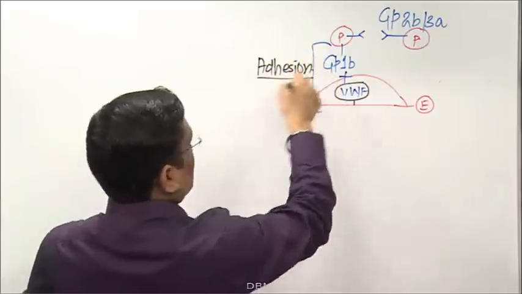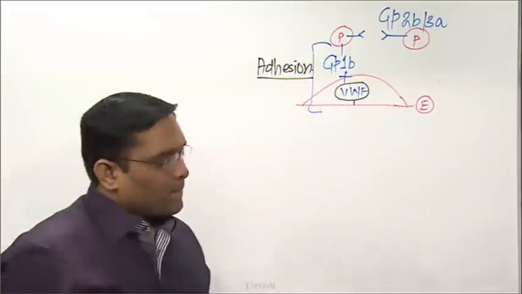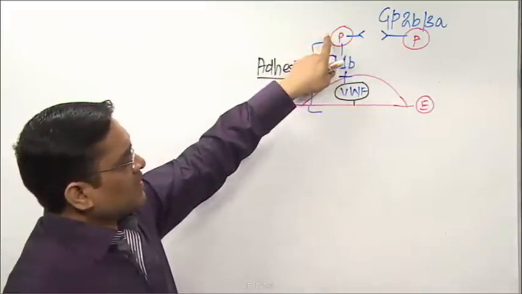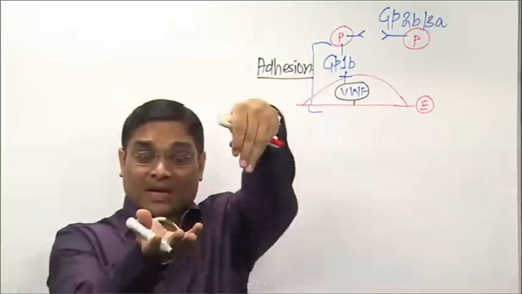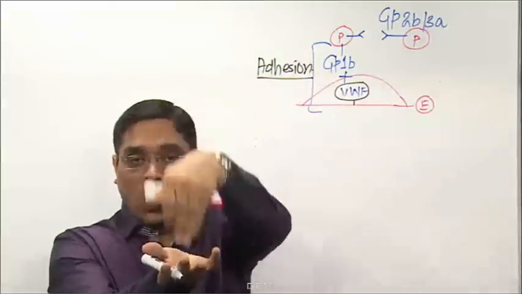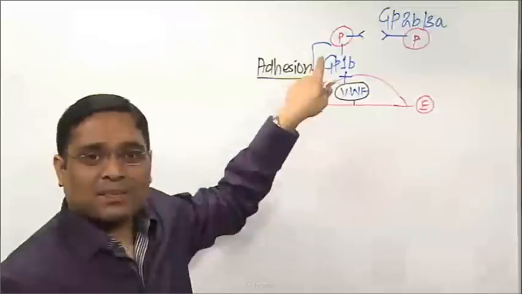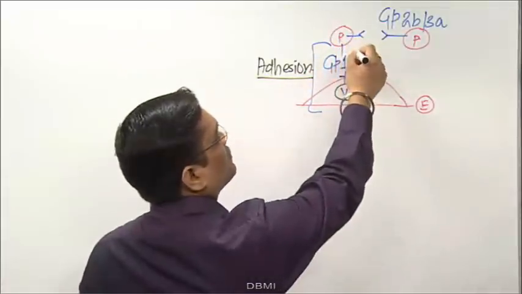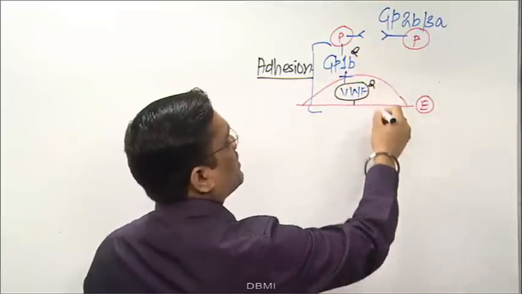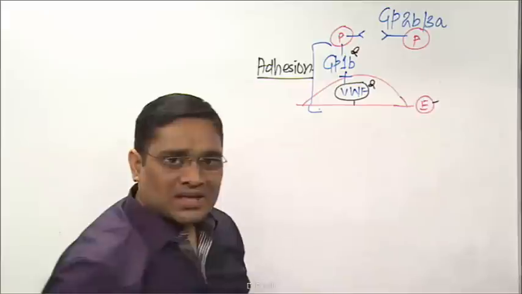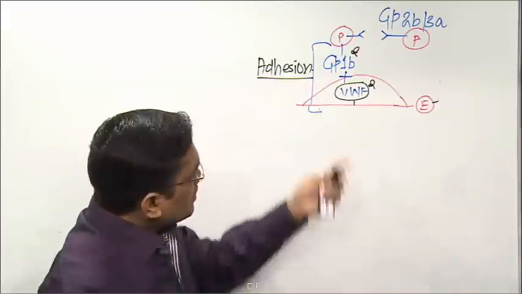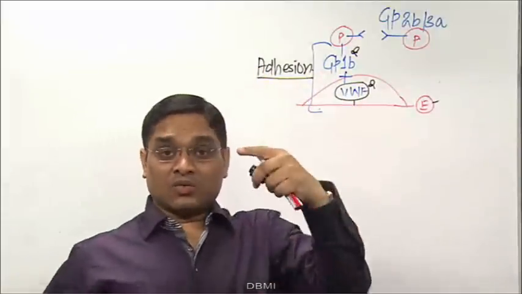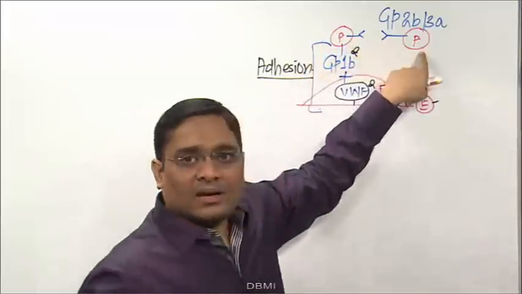So remember this concept, not mentioned in many books. What do you mean by adhesion? Adhesion means platelet attaches to the vessel wall. Platelet to wall is adhesion. How? Which receptor? This was the question in AIIMS November 2013: which receptor does the platelet use to combine with von Willebrand factor and attach to subendothelial collagen? So remember, GP1B will combine with von Willebrand factor. This is called adhesion. So platelet to wall is adhesion, and platelet to platelet